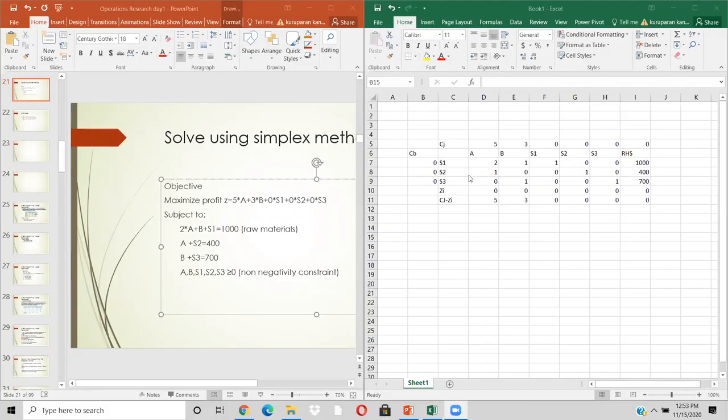I will explain sensitivity analysis and duality in the next lectures. Okay, if you have any doubts up to now you can ask, or otherwise you can